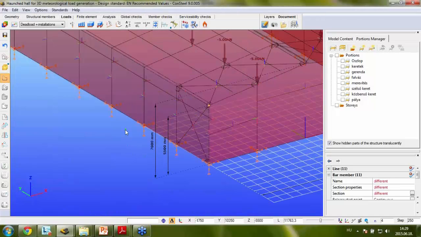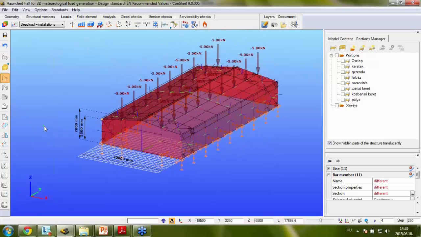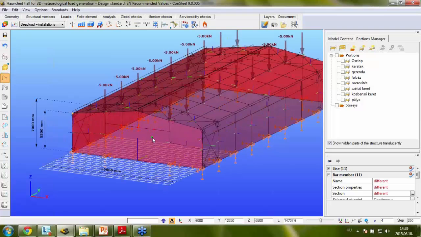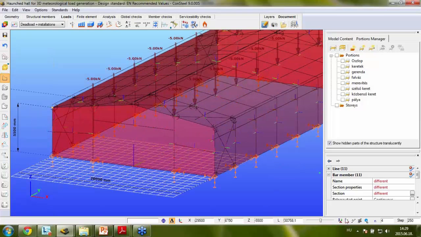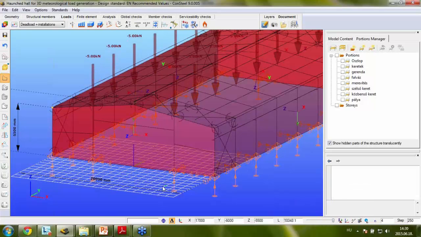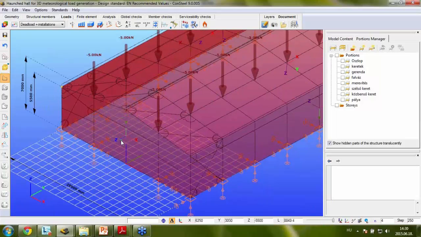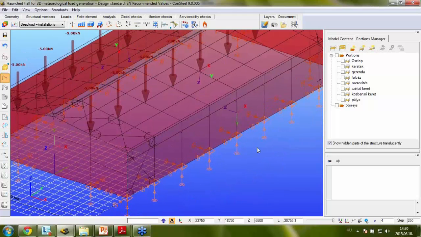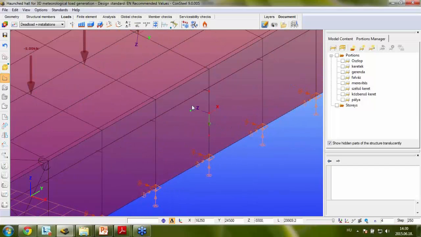Okay. One very important thing to check before the meteorological load generation is the global Z, the local Z coordinate system of the load transfer surfaces. So I'm going to make visible the local coordinate systems of these load transfer surfaces here down. The z-axis of the local coordinate system has to be pointed outwards from the building in case of a correct load generation. So this always has to be checked, and if it's bad like here,